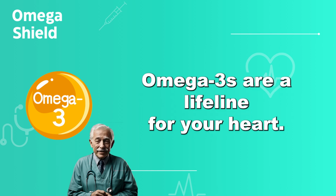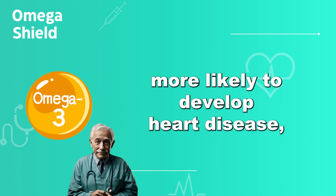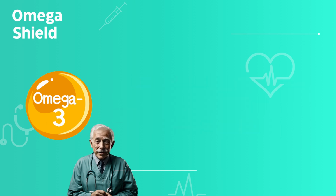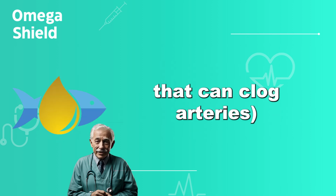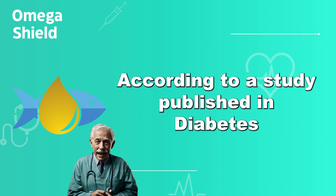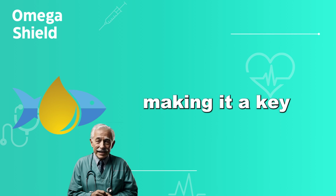Omega-3s are a lifeline for your heart. People with diabetes are 2 to 4 times more likely to develop heart disease, but omega-3s can help lower that risk. They reduce triglycerides, a type of fat in your blood that can clog arteries, and improve your overall lipid profile. According to a study published in Diabetes Care, omega-3 supplementation can significantly lower triglyceride levels, making it a key